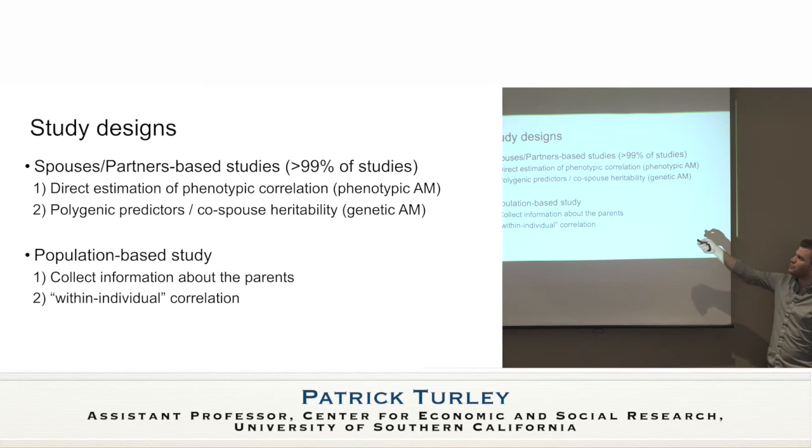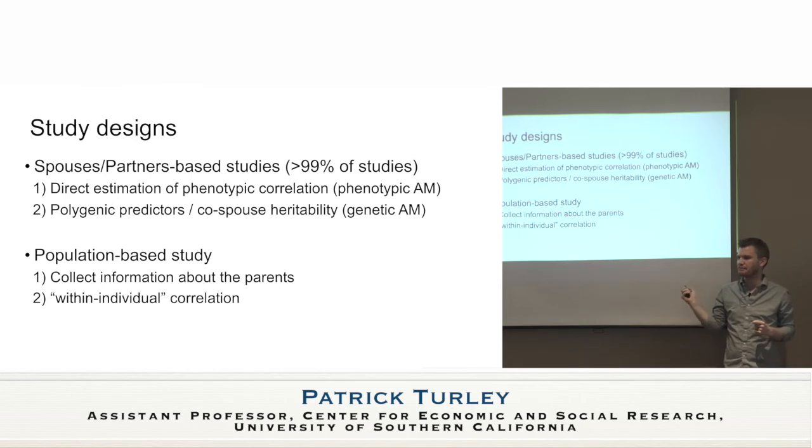Ideally, maybe we want to estimate it directly. So we'd say, give me the phenotypes of a bunch of mate pairs, and I'll just take a correlation of all of them, and that might give me a measure of how much sorting there is for that phenotype in the population. If we're looking at the correlation of phenotypes, we often refer to that as